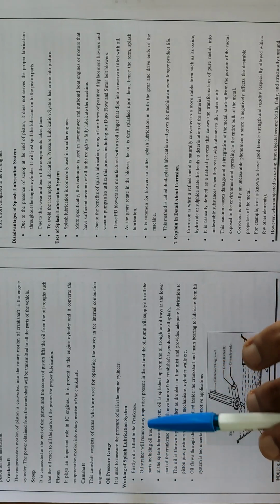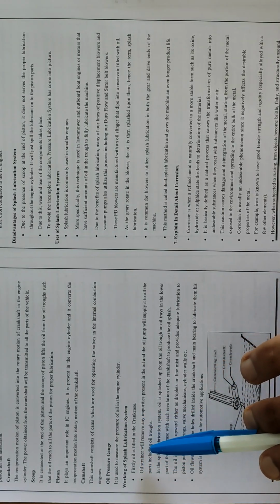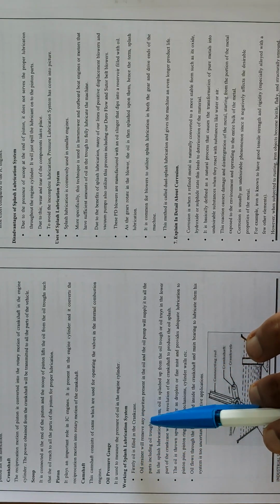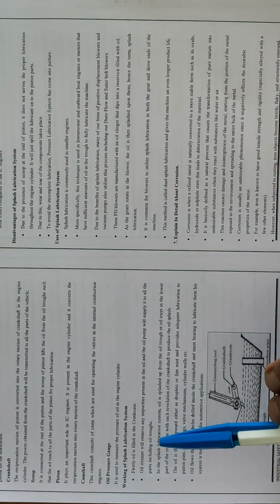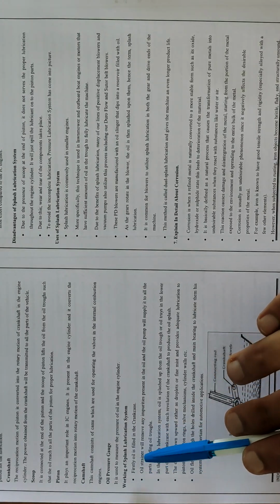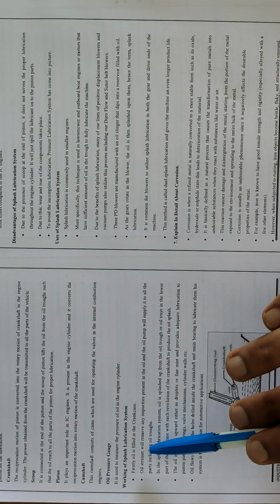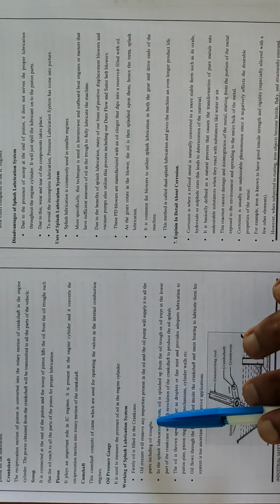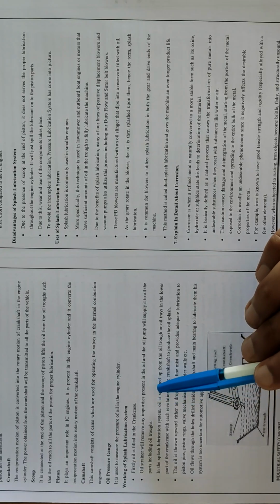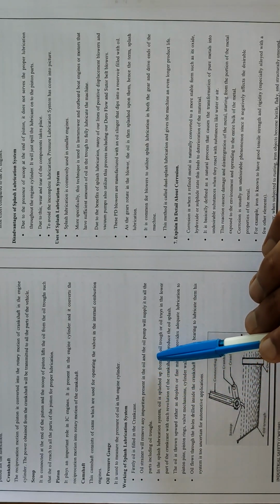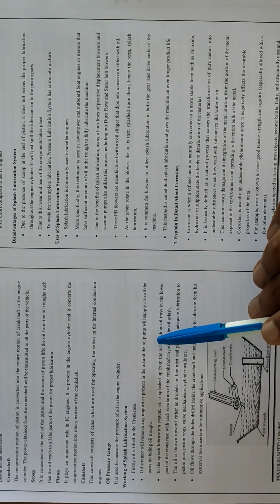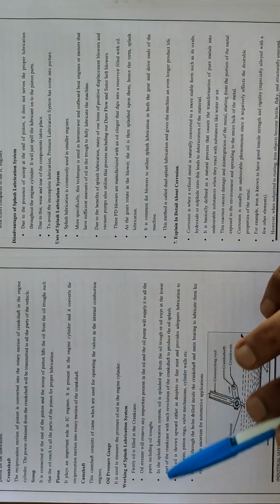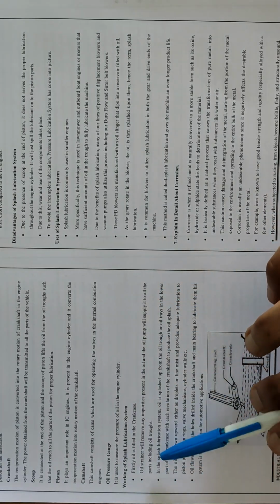Working of splash lubrication system. Firstly, oil is filled in the crankcase. The oil strainer will remove any impurities present in the oil, and the oil pump will supply it to all the parts